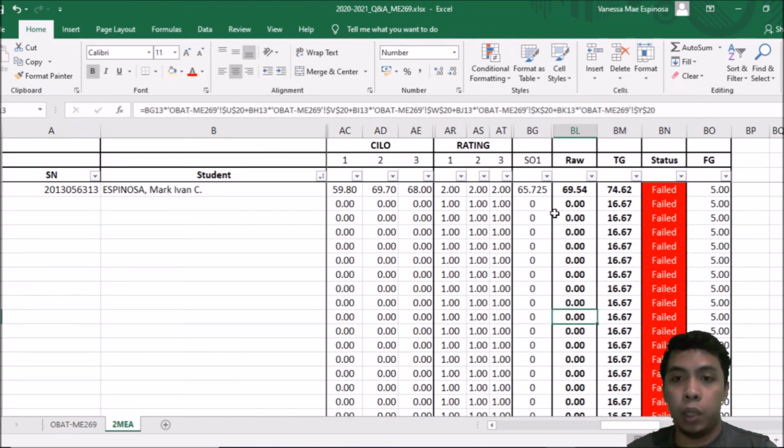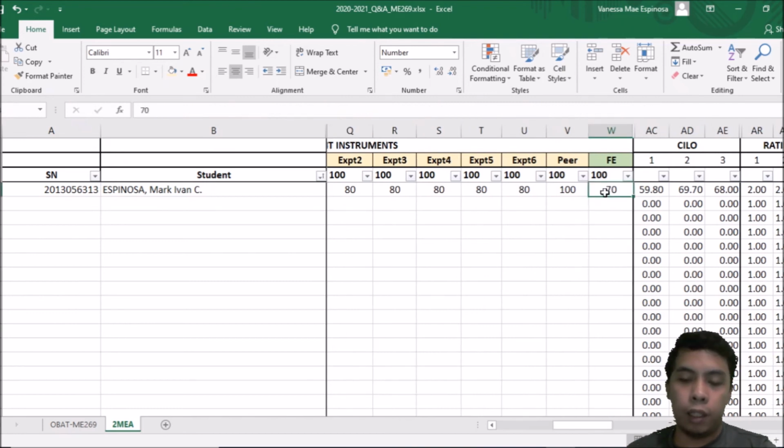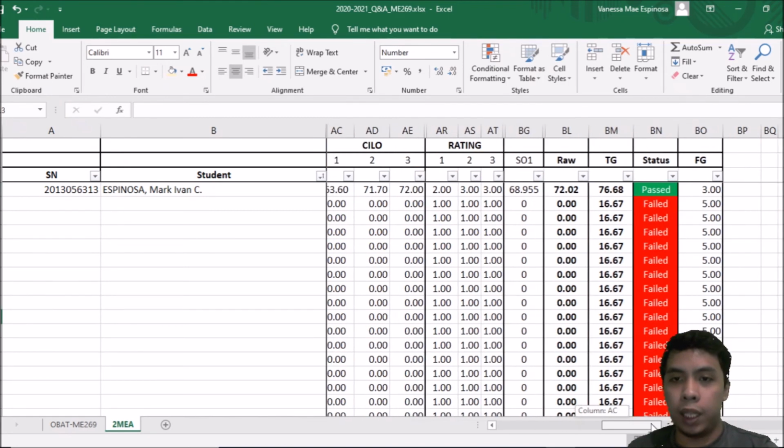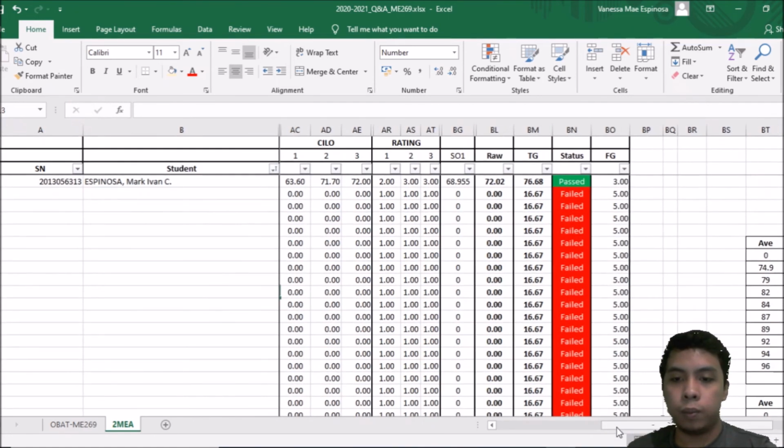Okay, kulang pa rin, no? Because our passing grade dapat is 70. So hindi enough na 70 ang passing. Because you have 2 examinations na sobrang baba, which is yung E1 and E2. Medyo mahirap habulin yung E1 and E2, no? So check natin kapag naging 80 na ang final exam natin. So kapag naging 80 ang final exam natin, pumasa tayo, 72, no? So 3 pa rin yan, 70 passing.